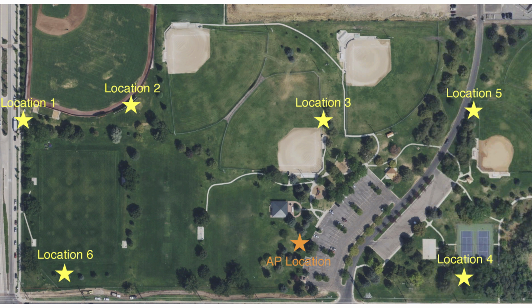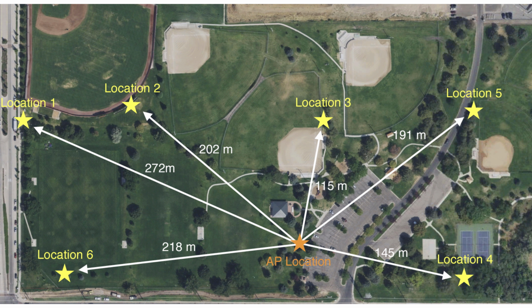We had to go pretty far for this because it's an environment where there's not a lot of interference. It has line of sight. This is a park in Salt Lake City, and these are the distances we had to travel to get it to disconnect from Wi-Fi. This is right on the edge of Wi-Fi connectivity. If you moved literally a couple meters closer to the access point, all of a sudden it would start working. If you moved a little farther away, it would stop working. And so these are the edges here.